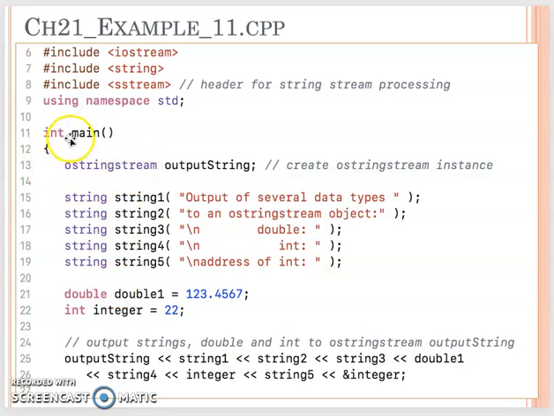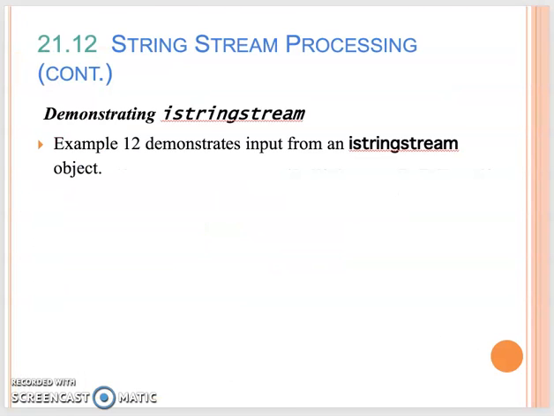So this example is we're using the ostringstream. Basically, it's just a container for all the information you put in. So at the end, you can convert the output to a long big string. Then the next one we want to see is the